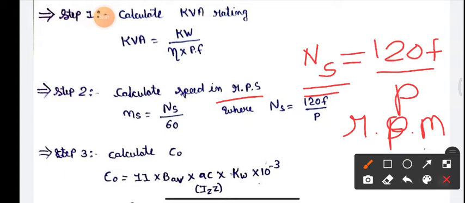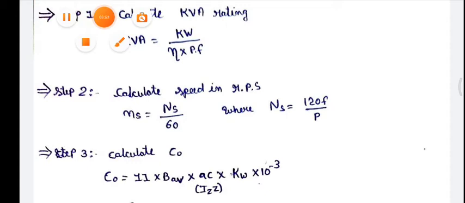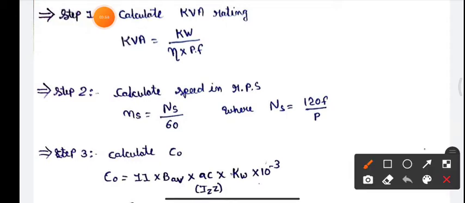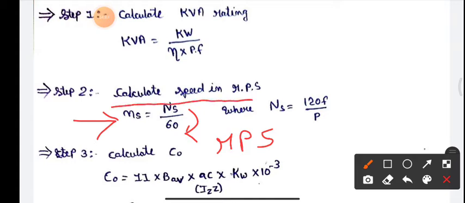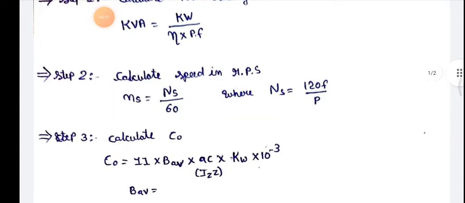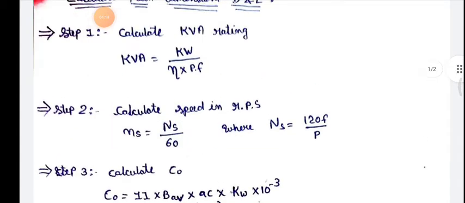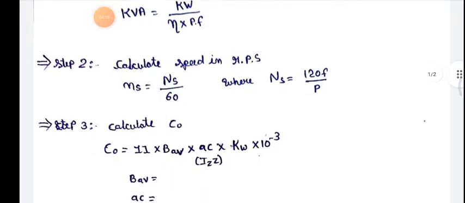How can we find that? We have also seen it yesterday. We calculate Ns is equal to capital Ns, that is the synchronous speed, divided by 60, and we will have our answer in RPS. So to find speed in RPS, it is synchronous speed by 60. That is the main formula that you have to remember. Step number 2, we are going step by step, and it is a procedure to find D and L.